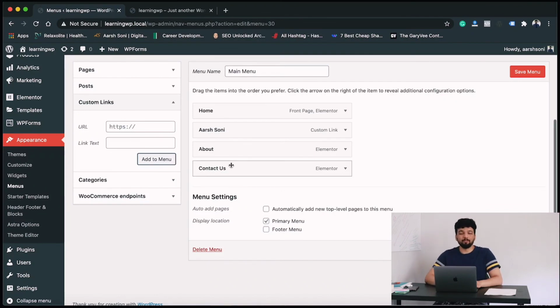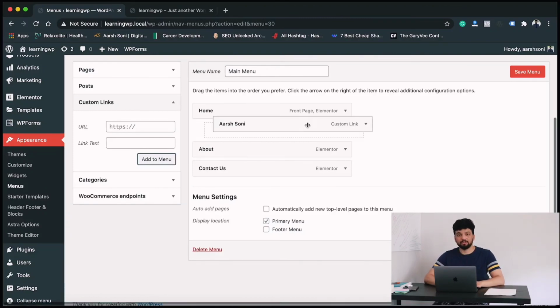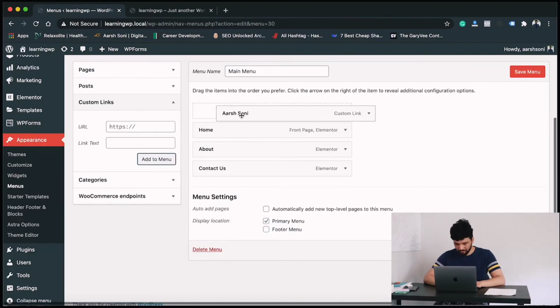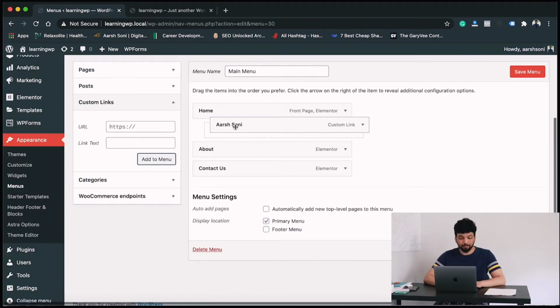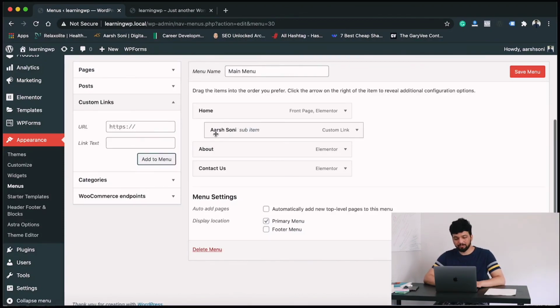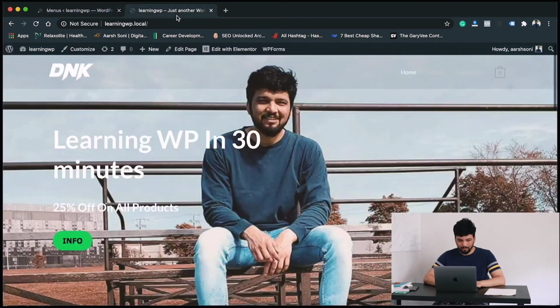One more thing, guys, if you want to add a sub menu, like not a sub menu but sub menu item, it's so much easy. You just click the menu option here, and you just pull it behind the list. So this is gonna come in underneath the home section. I'll show you how. Save your changes. Go ahead and refresh this page. Now you can see a down arrow option here, and it's showing me Sony underneath the home option. So that's how you can create a sub menu list.